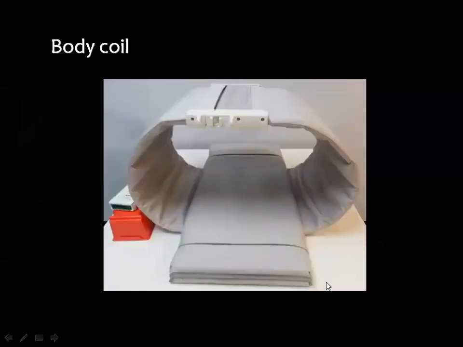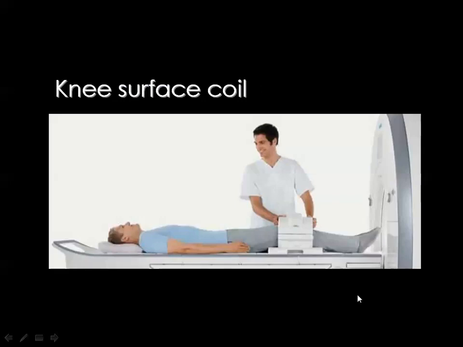This is the body coil, and here is an example of extremity coils like the knee and the ankle, and some of these coils can fit some of the joints together. I mean that you can use this surface coil, for example, to examine the ankle or the wrist or the elbow, but actually it's better to have the dedicated surface coil for each part of the body